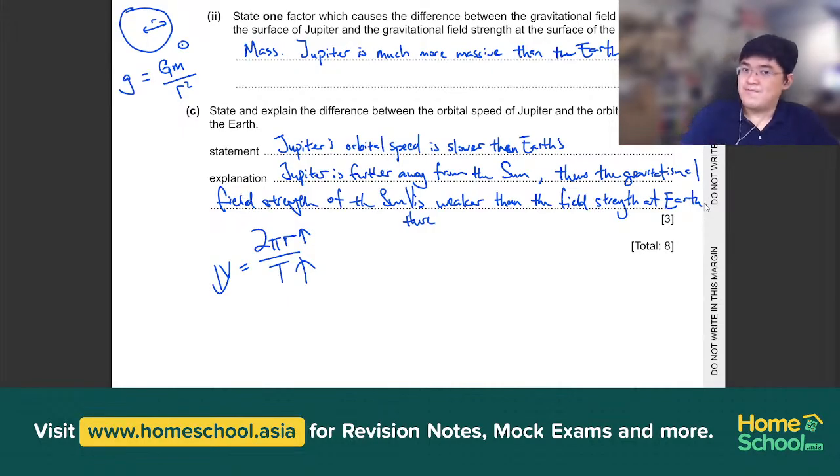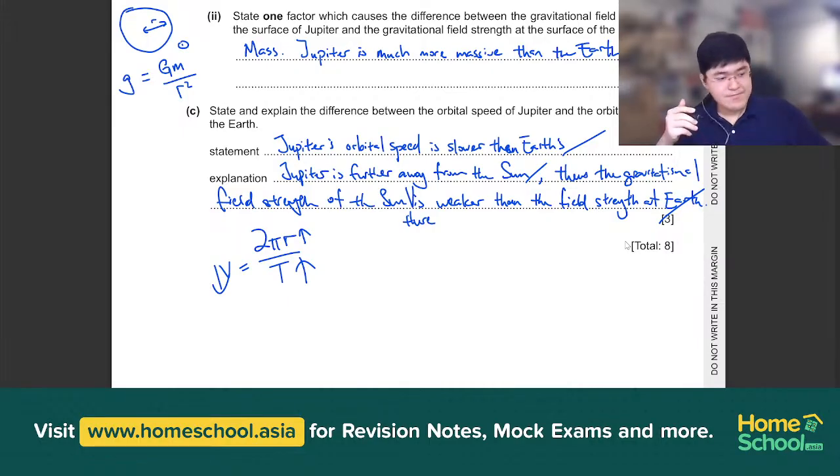Right. So, writing that Jupiter's orbital speed is lower, this is your first mark. Jupiter is further away from the sun, the second mark. And thus, gravitational field strength of the sun at Jupiter is weaker than the field strength at the Earth, is your third and final mark. So pretty much just like that, we are done